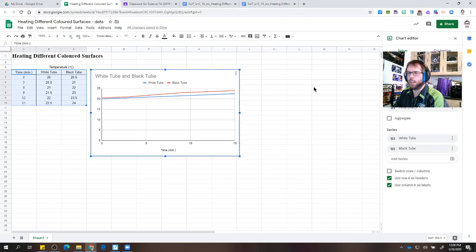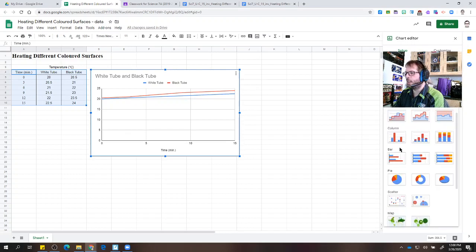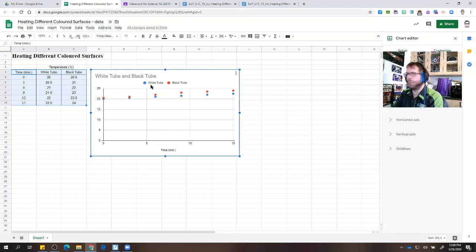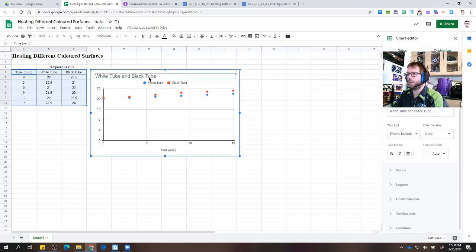So you'll notice that the lines curve. We actually want to use a scatter plot, and I'm going to get lines in there in a little bit, but they'll be lines of best fit. All right, so we need to customize, and one of the first things to customize, I think, would be the